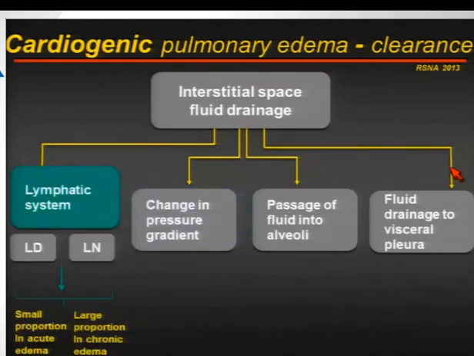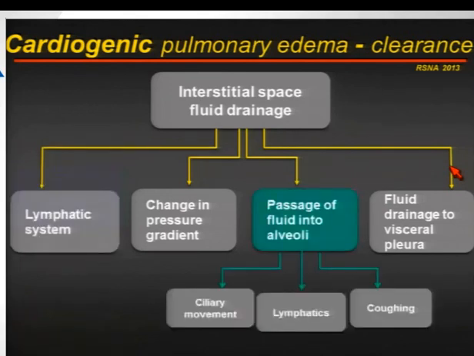The lymphatic system is very important, especially in chronic pulmonary edema, and the drainage occurs toward the mediastinal lymph nodes as well as through the lymphatics to the lymphatic duct with subsequent drainage to the venous system. Fluid from the interstitium can go into the alveoli and then it drains again through the lymphatic system by ciliary